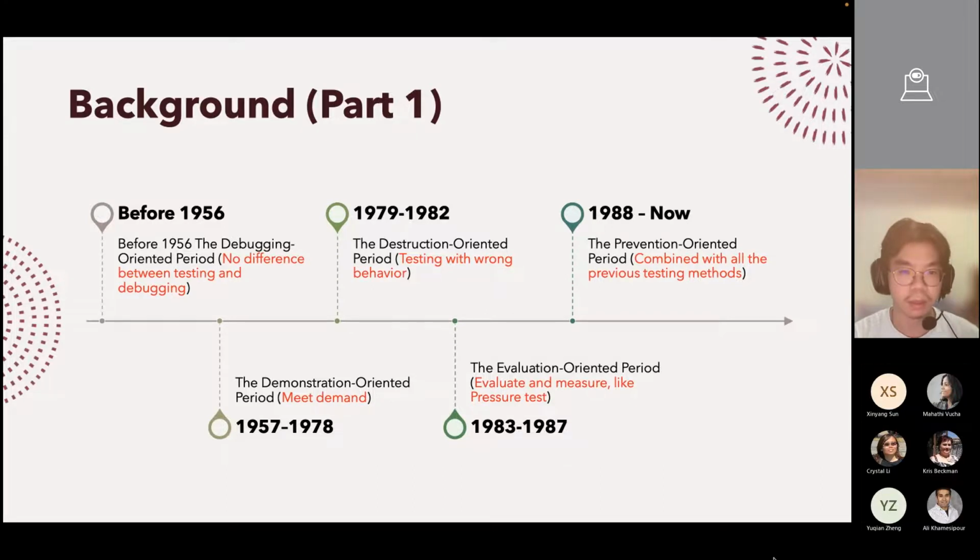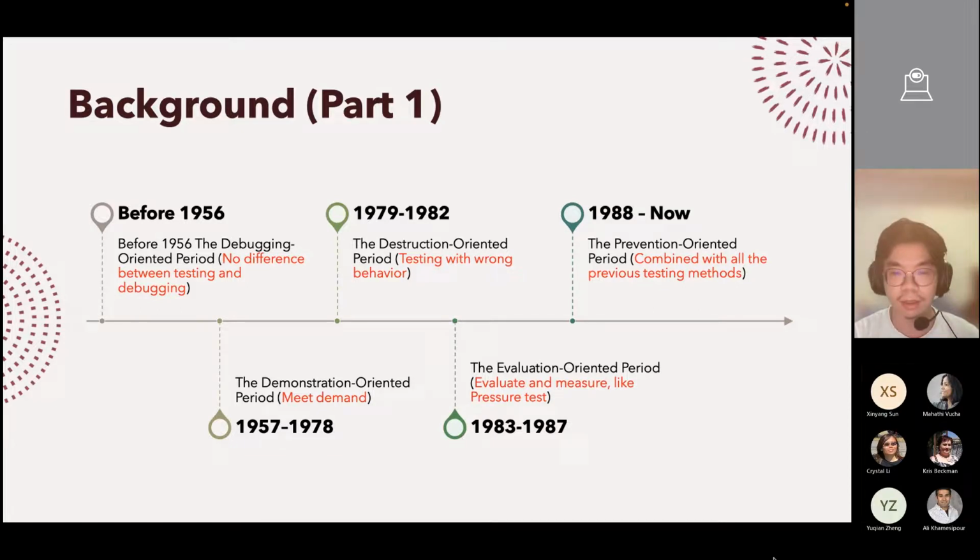And the next area is about making demanded. The test engineer tries to test to meet the demand, like you have the login page and you want to show 6 lines, not 5 lines or 7 lines, just 6 lines. That means you meet the demand. And the next part is testing with wrong behavior. It means you're trying to do the wrong thing to your page, like entering the wrong password or the wrong username. What will it look like?